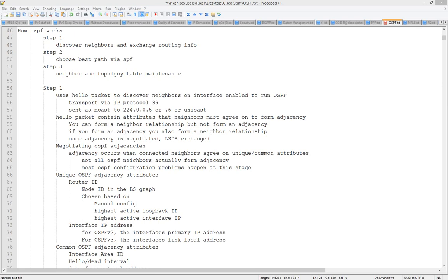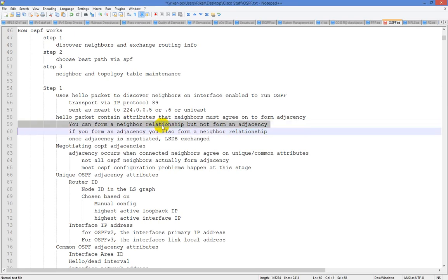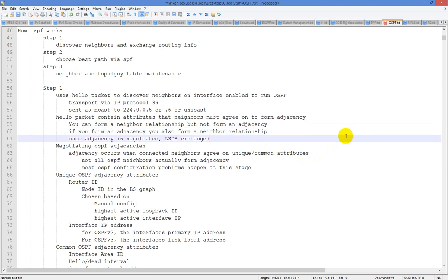The hello packet contains attributes that neighbors must agree on to form adjacencies. So you can form neighbor relationships, but not actually form an adjacency. If you form an adjacency, you also form a neighbor relationship. Once the adjacency is negotiated, the link state database is exchanged. And what they mean by this line is, if you form a neighbor relationship but not an adjacency, what this basically means is